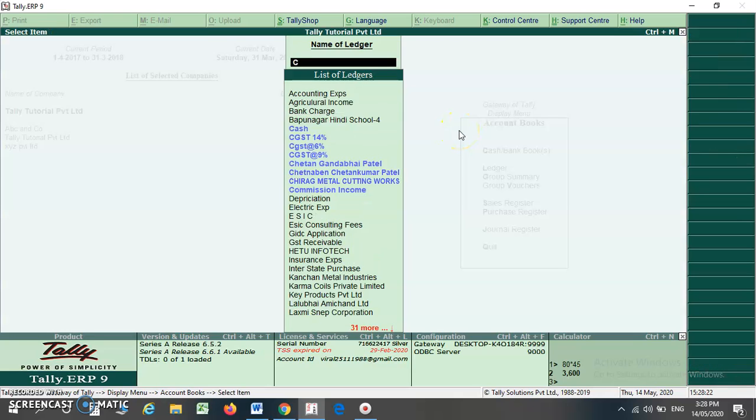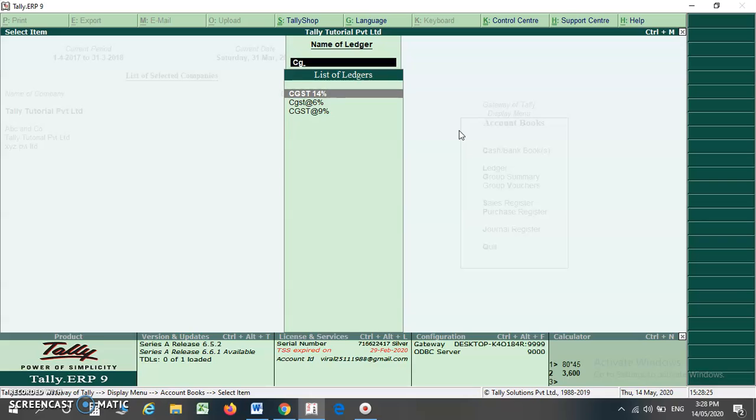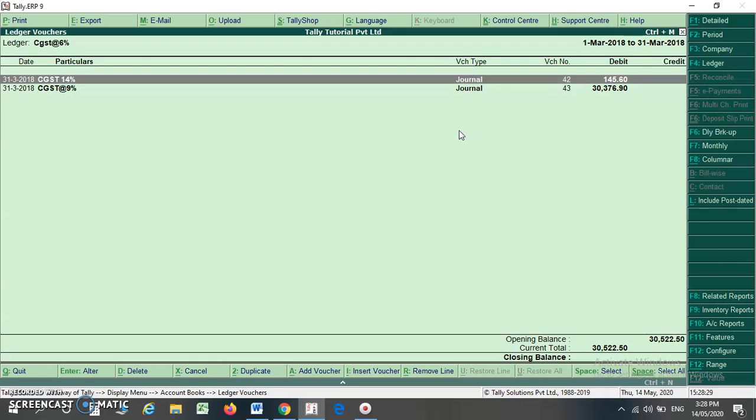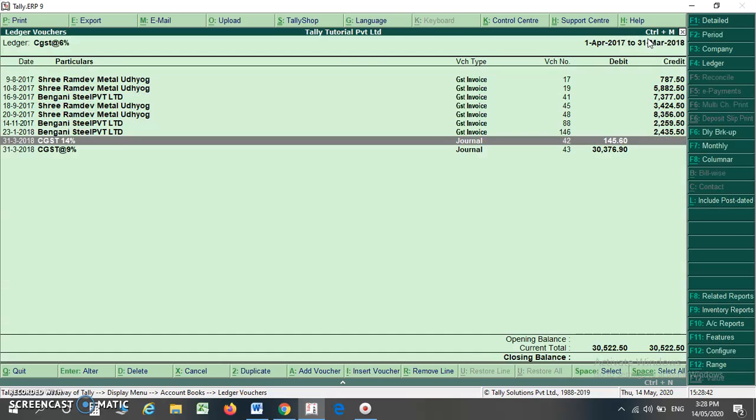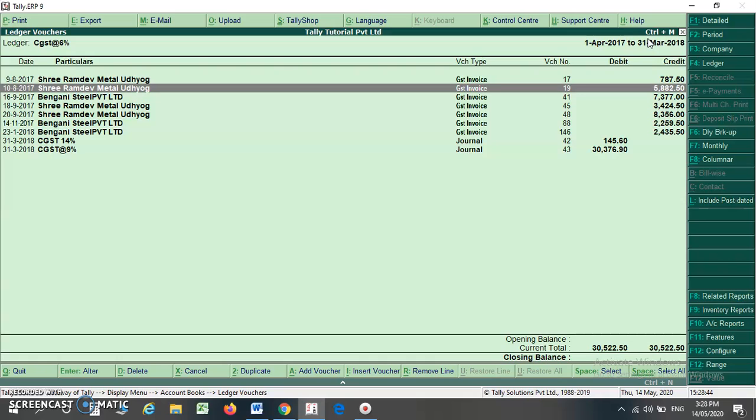I just write CG, and the list appears. Suppose I want to see CGST at the rate of 6%, just select CGST 6%. This appears for only the March month. I want to see the whole year, so I press Alt F2 and change my period, and in this way you can see your whole year transaction for a particular ledger.